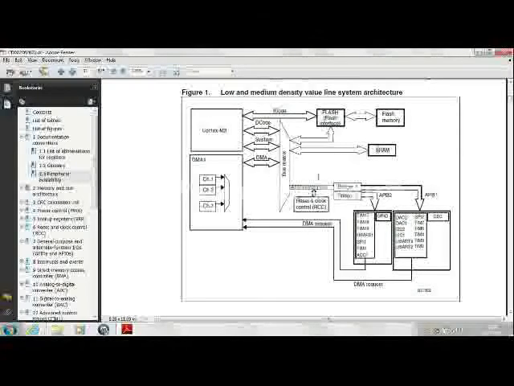Next you have the SRAM connected to the bus matrix, through which the D code bus is connected, and the microcontroller accesses the SRAM by using the D code. The DMA is also accessed through the bus matrix, and in low and medium density value line systems you have only one DMA unit. However, the remaining peripherals are connected on the AHB bus system, on which you have APB1 and APB2 buses connected via 2 bridges.